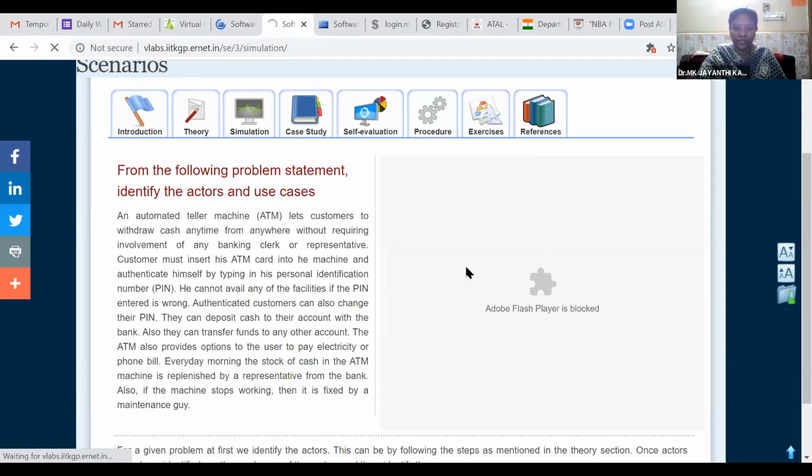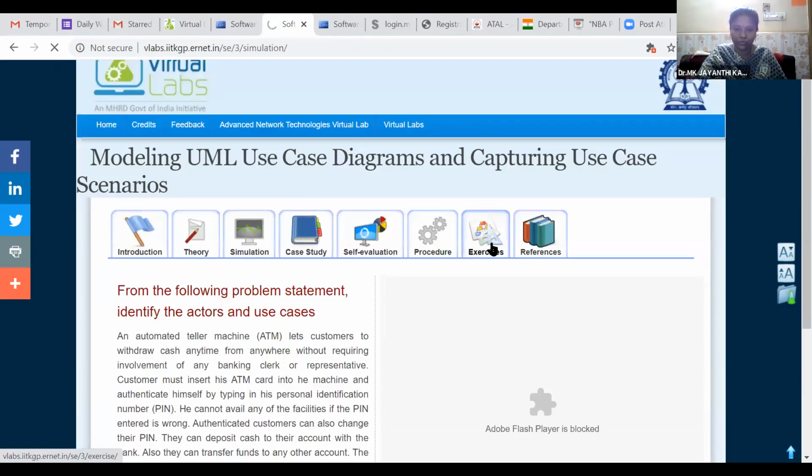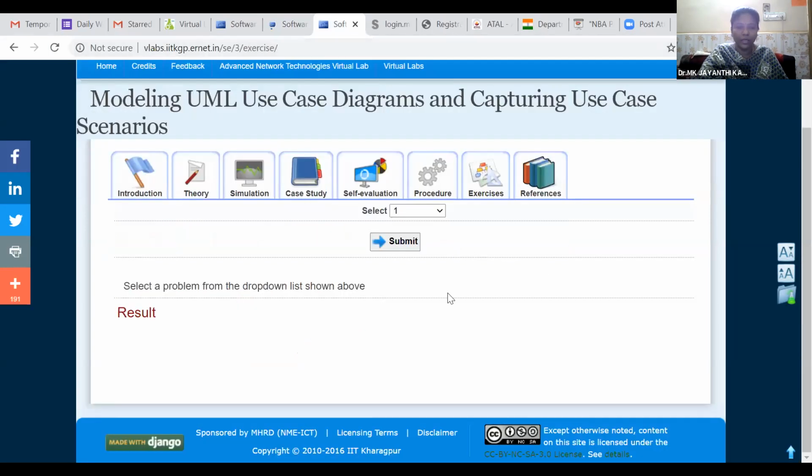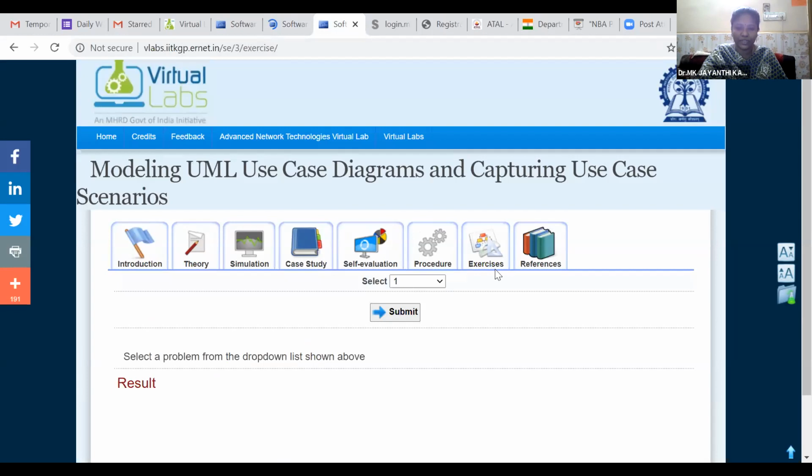And if you want to try any exercise, we can go for the exercise, where they give you some case studies or project scenarios or project specification. If you go to the project specification, here they give you exercises like exercise 1 and exercise 2. If you choose exercise 1, that gives you